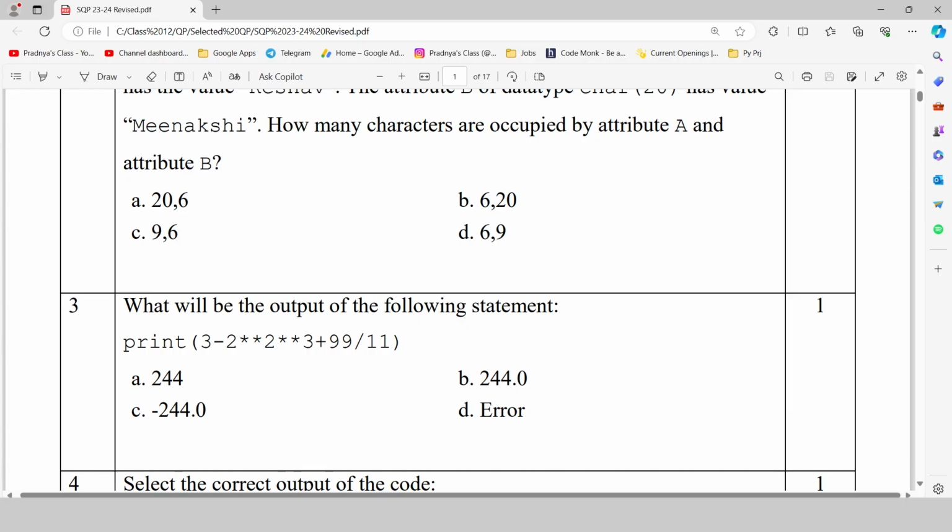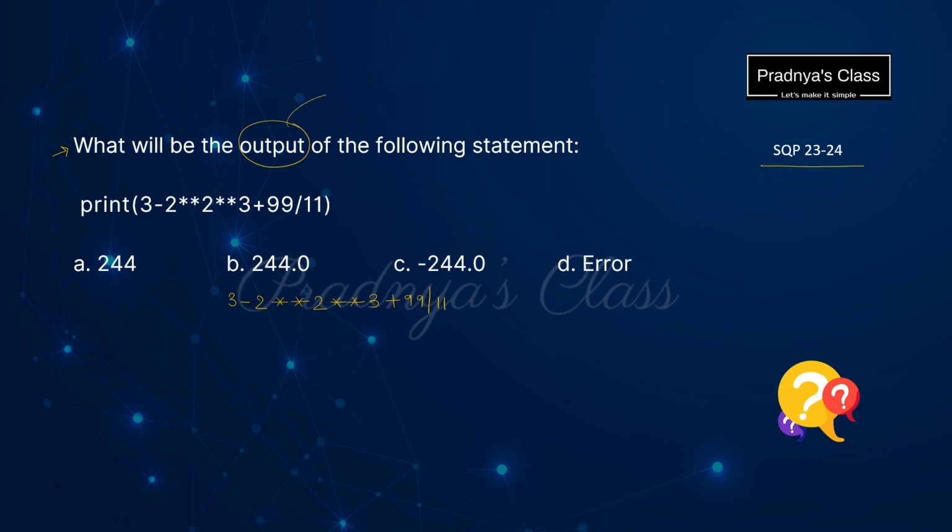Let's proceed to question number 3, in which we need to find out the output of the following expression. Look at the expression. All the operators are arithmetic operators. Arithmetic operators are categorized into 3 levels. The first is the exponentiation operator. It has the highest precedence. Followed by that, division, multiplication, modulus and floor division operators get calculated. And at last, the third category of operators are plus and minus, which will get calculated after these operators. And what about the associativity? These two categories of operators follow left to right and the exponentiation operator follows right to left associativity.